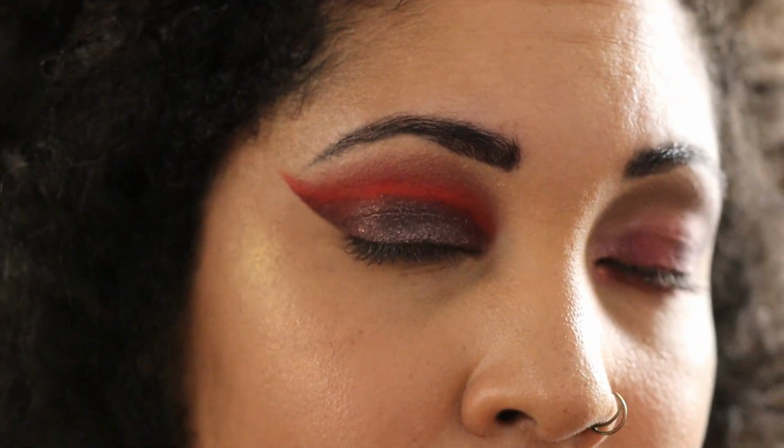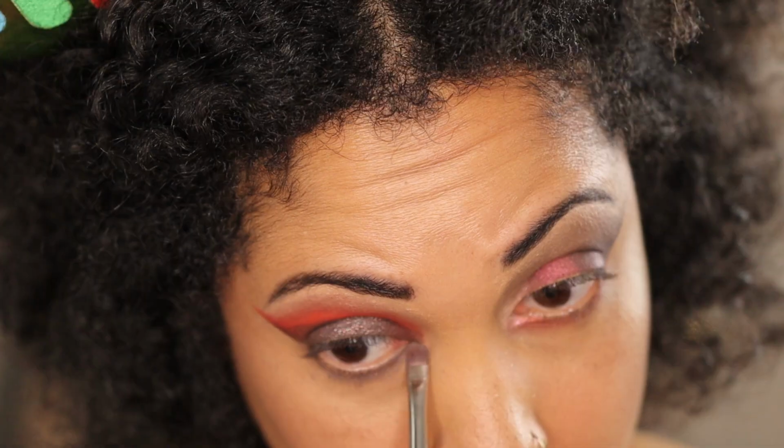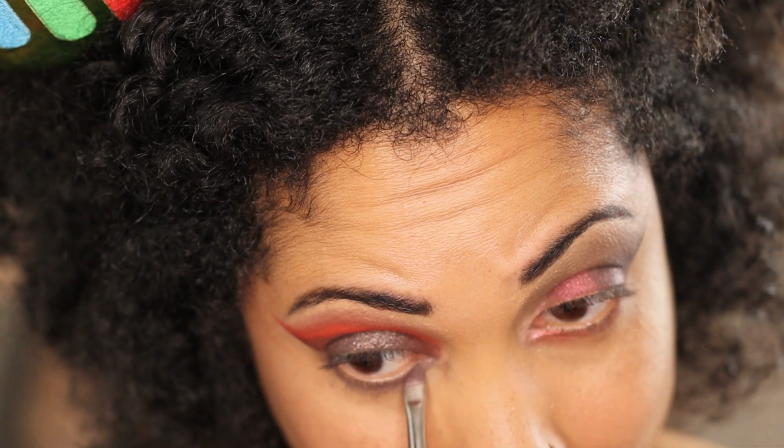Can y'all see those? Hold on, let's turn the light off again. So we still have a bit of the shift that I can see, and then we have those sparkles. See, this is what I'm talking about. This is exactly what I'm talking about. All right, we're gonna just kind of smoke this. And again, these seem to be very buildable, but again, I'm not having any fallout because my face makeup is